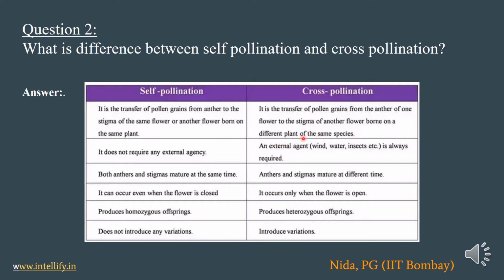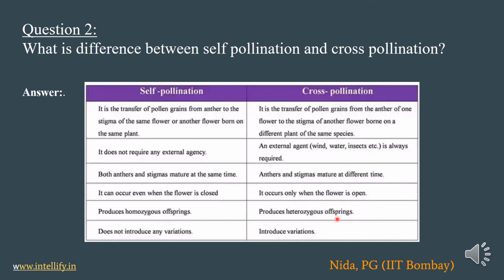In cross-pollination, we require an external agent like wind, water, or insects to carry out this process because you have to transfer from one flower to the next. It occurs only when flowers open. That means the male or the female structures are quite open to the environment. That's why the pollinators will perform their work. In this, variation occurs. That means the offspring are phenotypically as well as genotypically different from their parents,